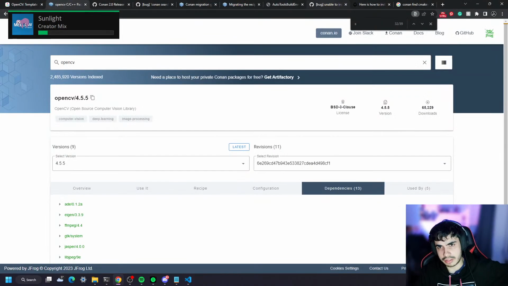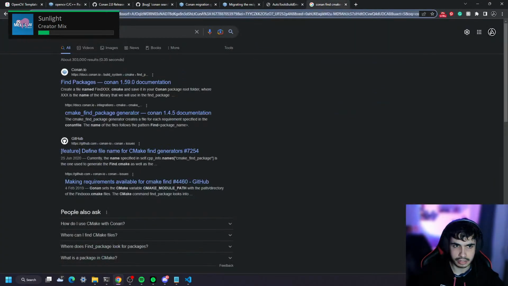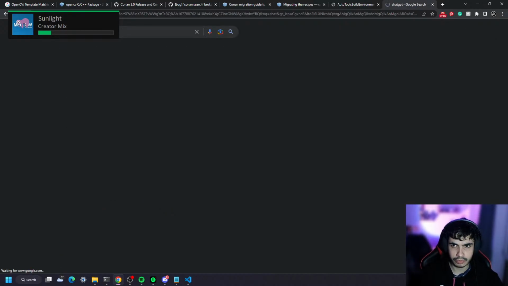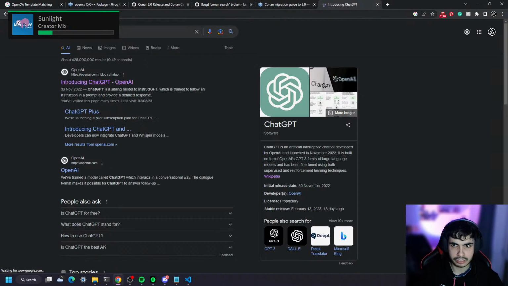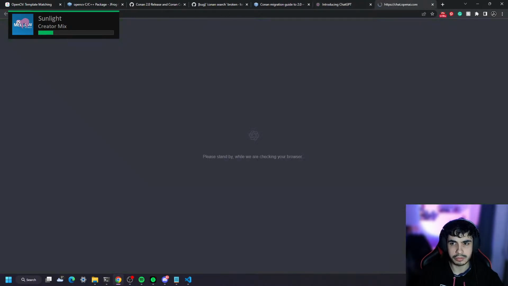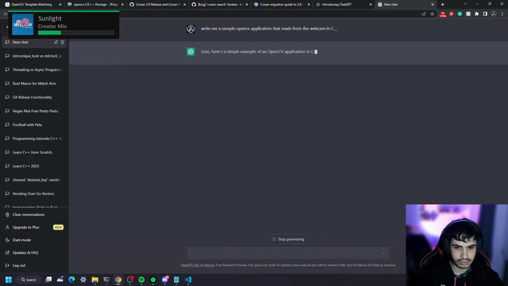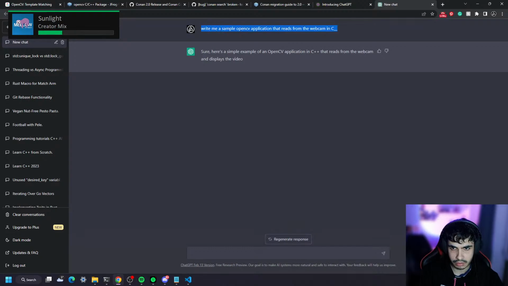And now, while that's finding everything, let's look at an example OpenCV. In fact, let's use ChatGPT for that, right? This is where ChatGPT kind of shines. It's giving us a simple C++ application using OpenCV to just sort of show a window. Write me a simple OpenCV application that reads from the webcam in C++. Oh, stop generating. Let's do it again. It did actually figure out that I made a typo, but